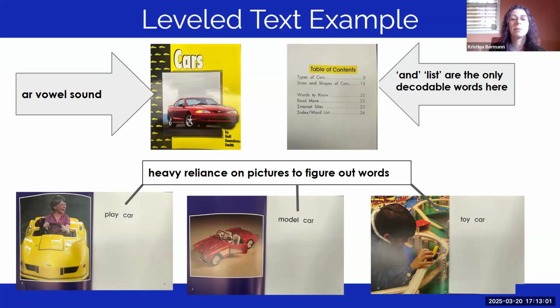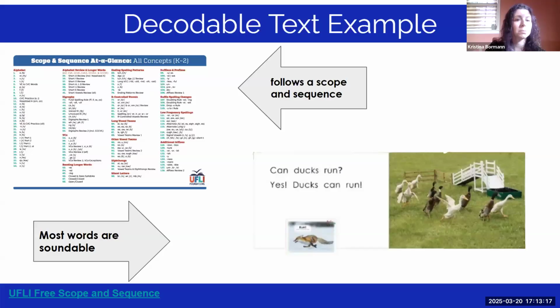And when we take a peek at the pages, you'll notice that there's a heavy reliance on picture support to figure out those more complex words. I wouldn't necessarily expect an early reader to sound out the word model because it has a lot of complex sounds. When we look at a decodable